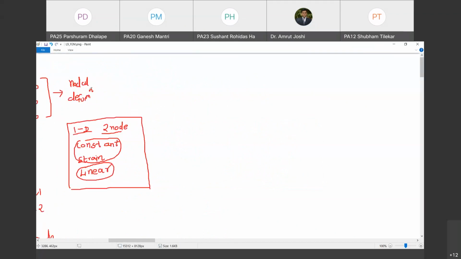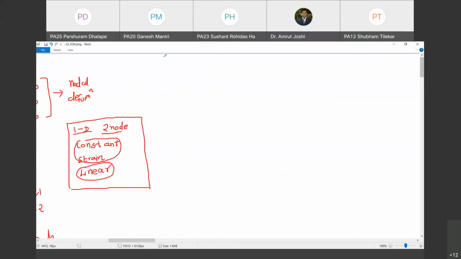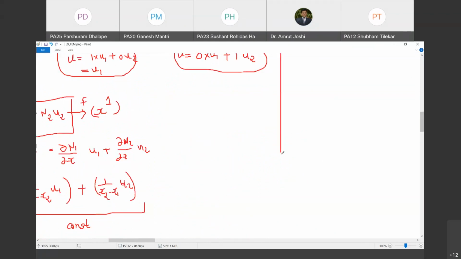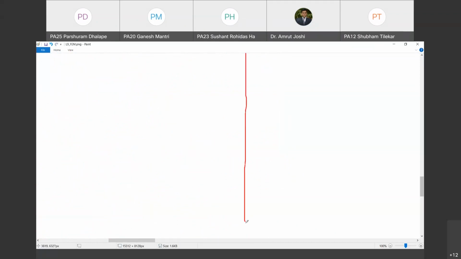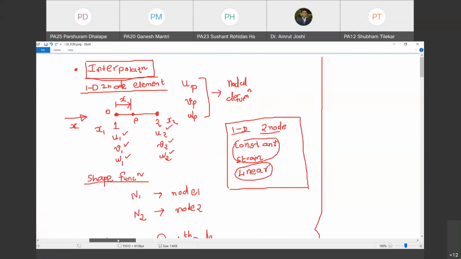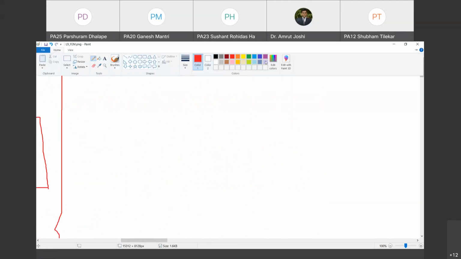So for few lectures here on, what we are going to do is we are going to develop these interpolation functions for various elements. किस तरीके से कंटिन्यूम को डिस्क्रिटाइज किया जा सकता है, बहुत सारे एलिमेंट्स से डिस्क्रिटाइज किया जा सकता है. तो उसमें से एक एलिमेंट था वन डायमेंशनल टू नोड एलिमेंट. नाउ लेट अस डील विथ वन डायमेंशनल इटसेल्फ बट थ्री नोड एलिमेंट. आर यू विथ मी?